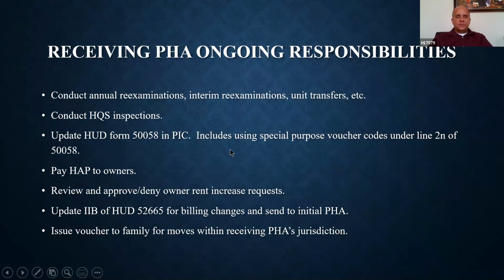And I do want to highlight that under Section 12 of the 50058 for the HCV program, there are some fields that pertain specifically to portability. Regarding, for instance, the PHA code for the PHA that is being billed and how much is being billed. That will be captured in the 50058.